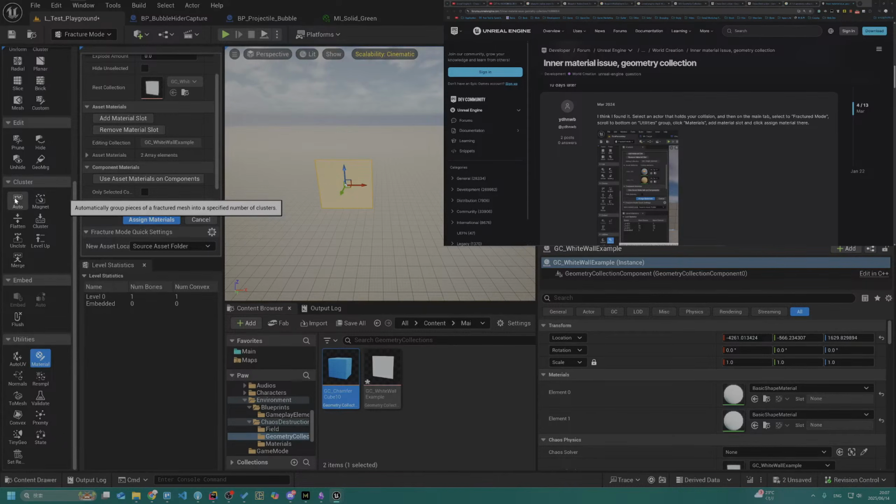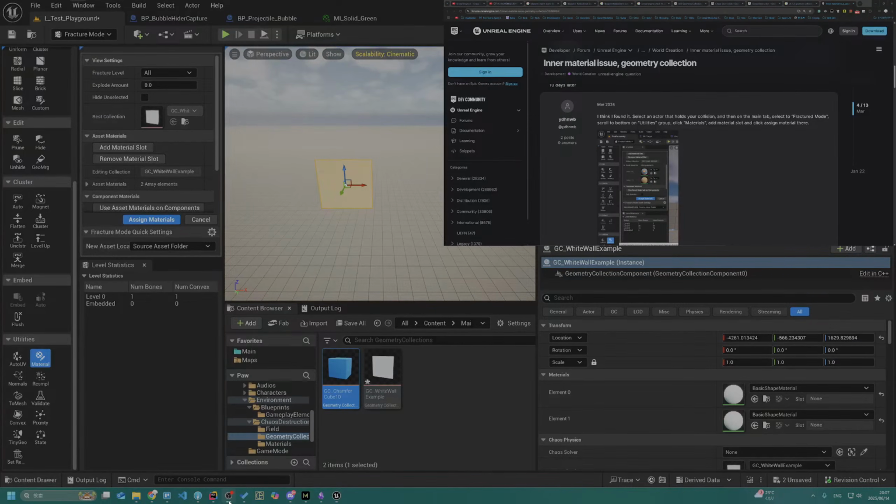Material slot here. Add material slot here, and so now I can